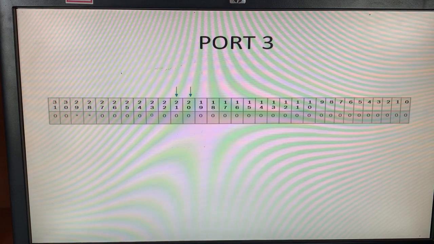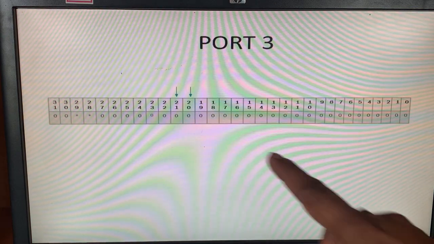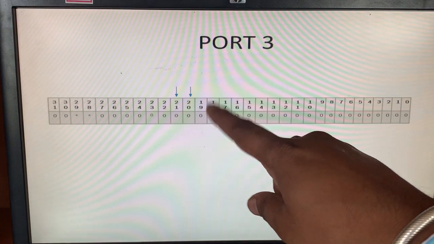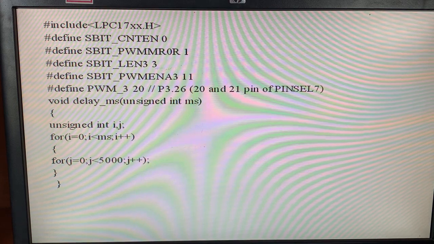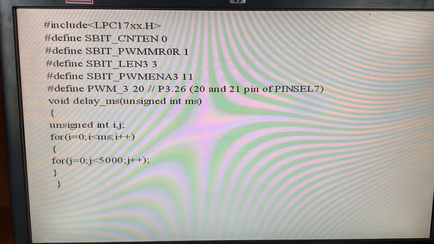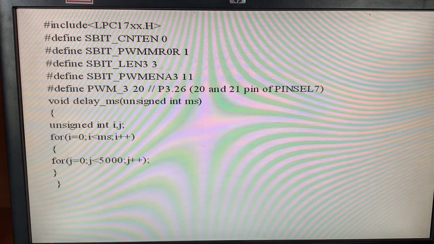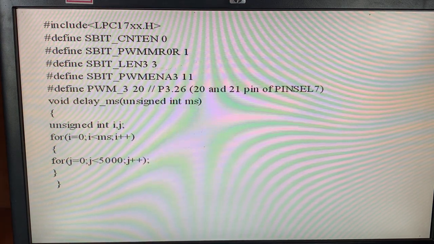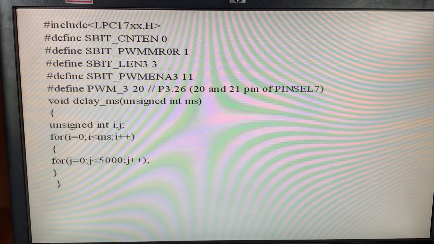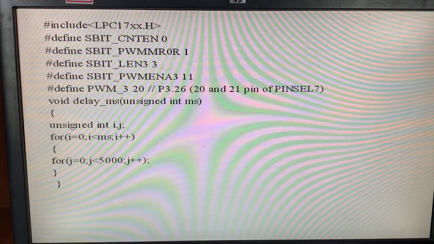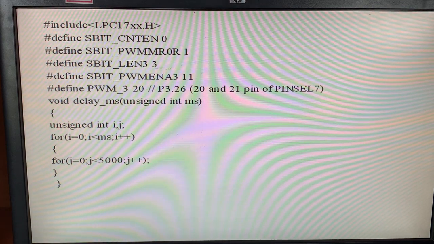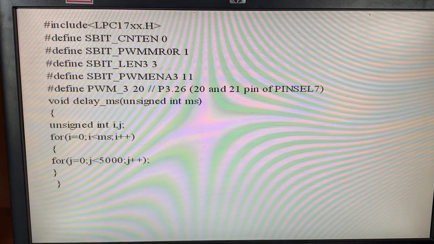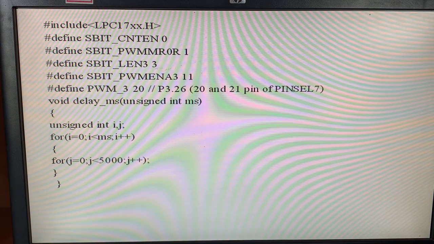So, port 3, as I showed you in the previous diagram, these arrow marks show that these bits are utilized in the program. I hope you understood all the configuration. This helps you remember the configuration or templates in the exam, when to activate, when to enable or when to disable the registers. Coming to the program here, it is a very simple program, and you have to remember only a few things, like commands, as I showed you in the registers.